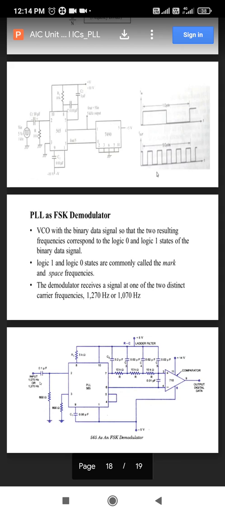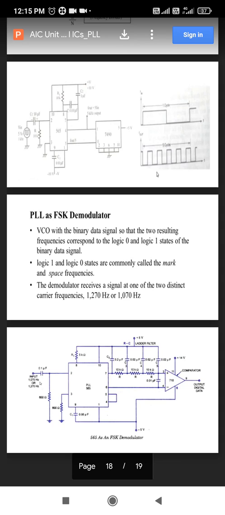Binary signal means it is in the form of 1 and 0. In the form of 1 and 0 you can get the output at the output of this op amp. The output of the op amp will be a binary signal. It will give either 1 or 0 based on the comparison. At the non-inverting terminal the FSK demodulated signal comes, and it is compared with some standard level so that it will give the perfect binary signal. The comparator is used for getting the perfect digital signal. That is the only use of this op amp.